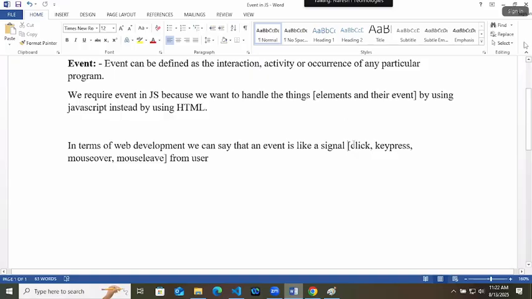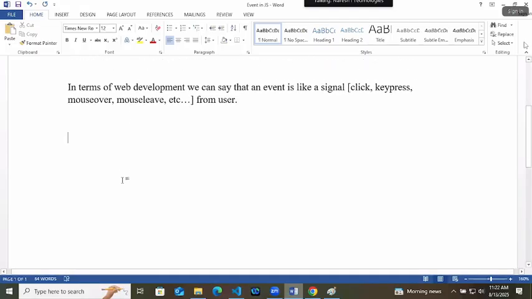Now the user can give a click signal, a key press, key down. A lot of others are there that we will talk about here. Okay. So these are the events in JavaScript. Generally we have three types of events.